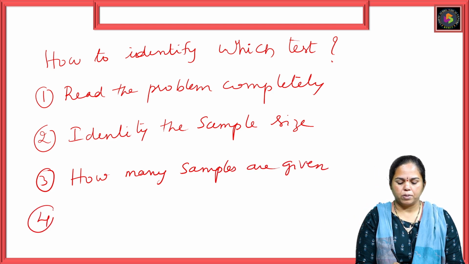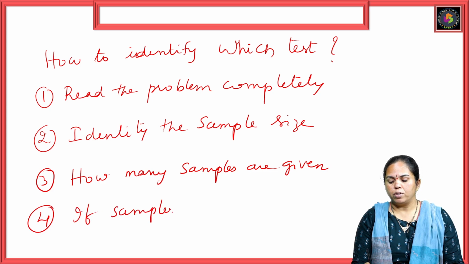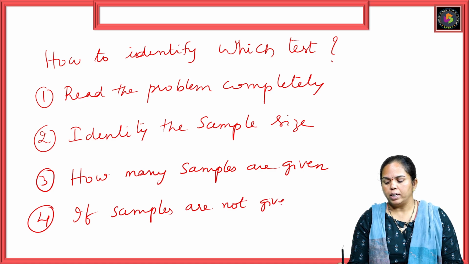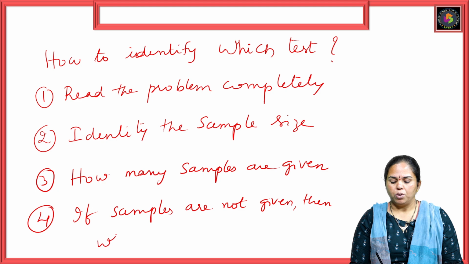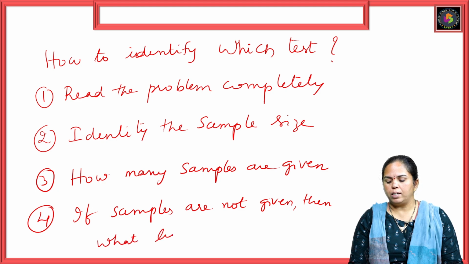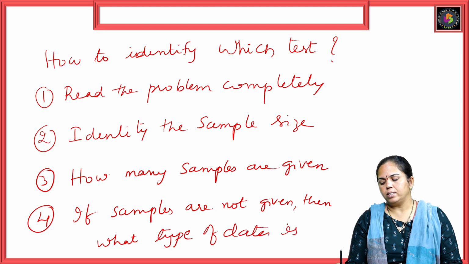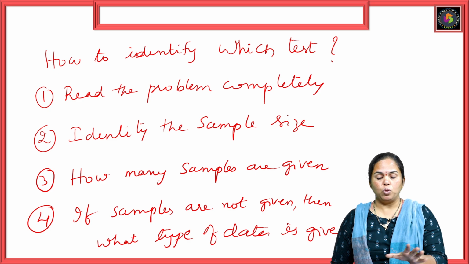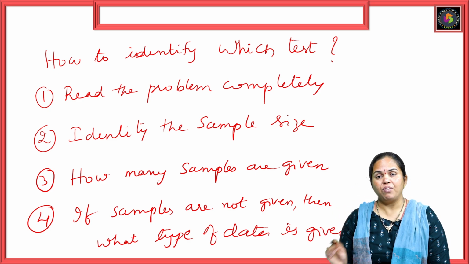Fourth step, if samples are not given, then what type of data is given? So these are some few steps that we can identify from the problem and identify which test we have